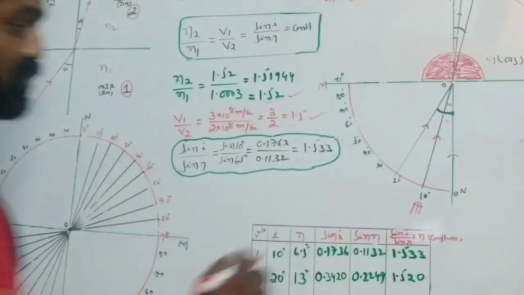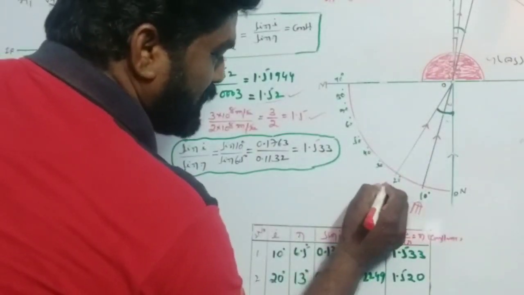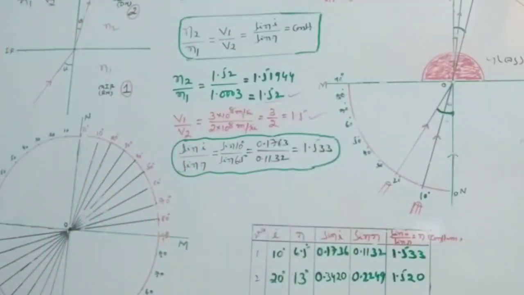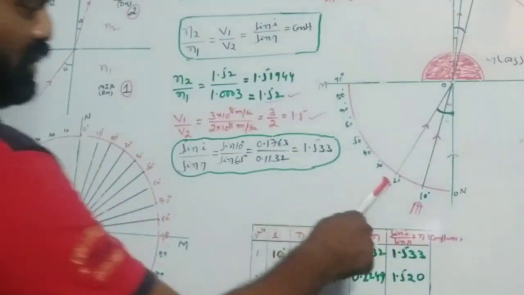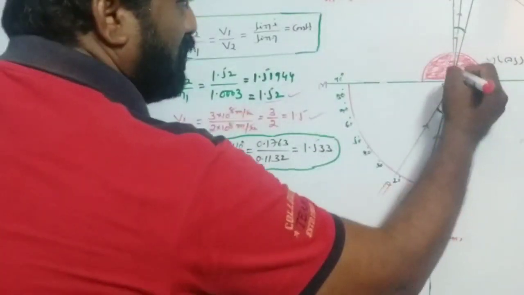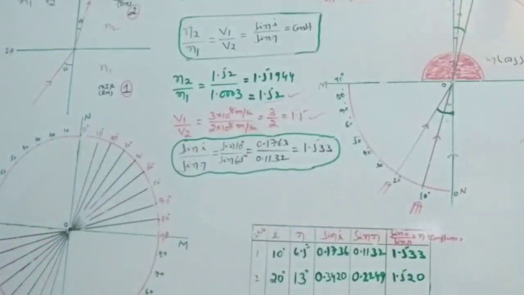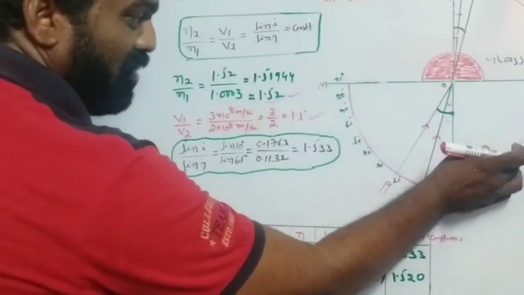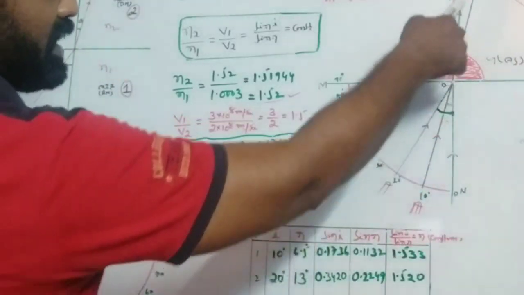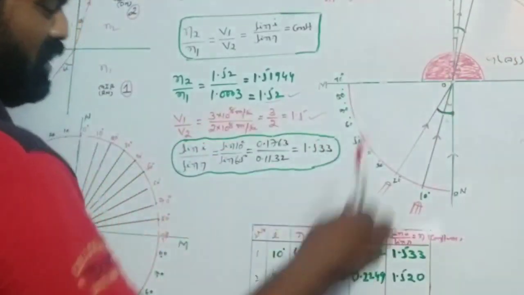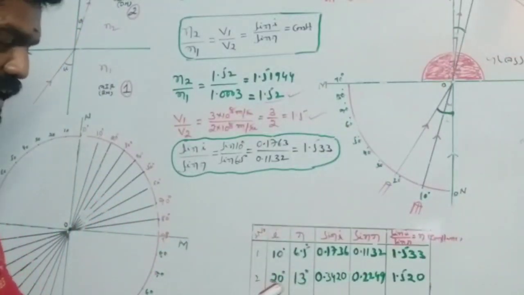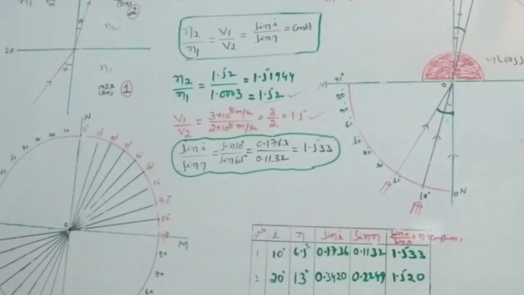Right? Suppose the laser light is focused at 20 degrees. Here the angle of incidence is 20. Now the refracted ray is less than 20, because light travels from air to glass. Consider that to be 13 degrees. So angle I is 20 and angle R is 13.